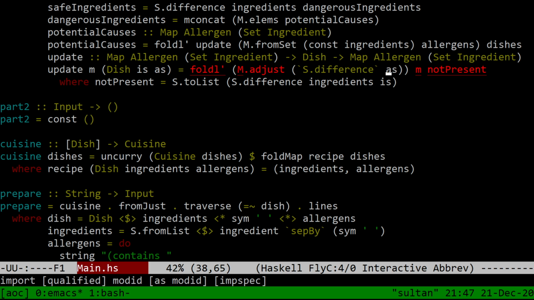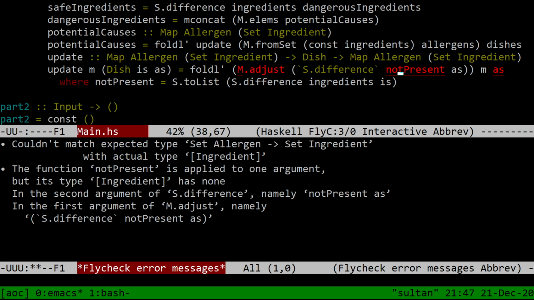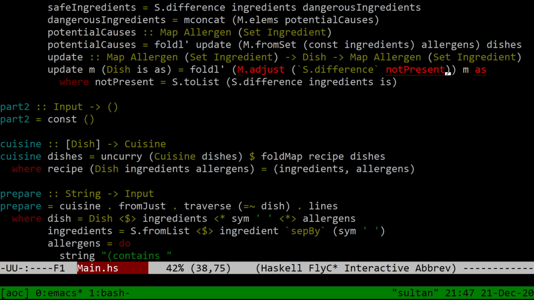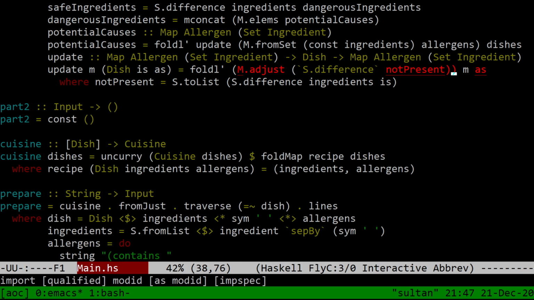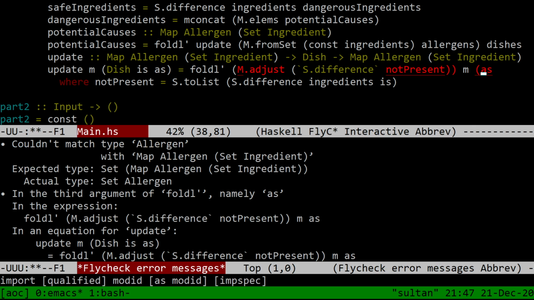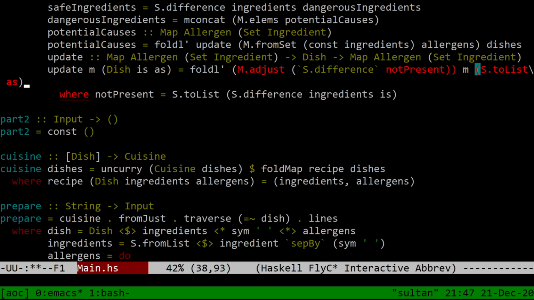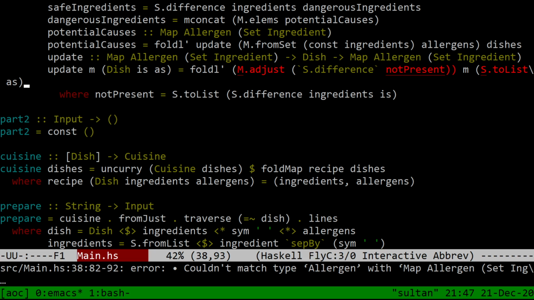I have a map from allergens to ingredients, and so what I should be folding over is the allergens, and having not present here, right? It's still just as wrong. Oops, there we go. A's is a list. That makes sense. So for each of the allergens listed here,